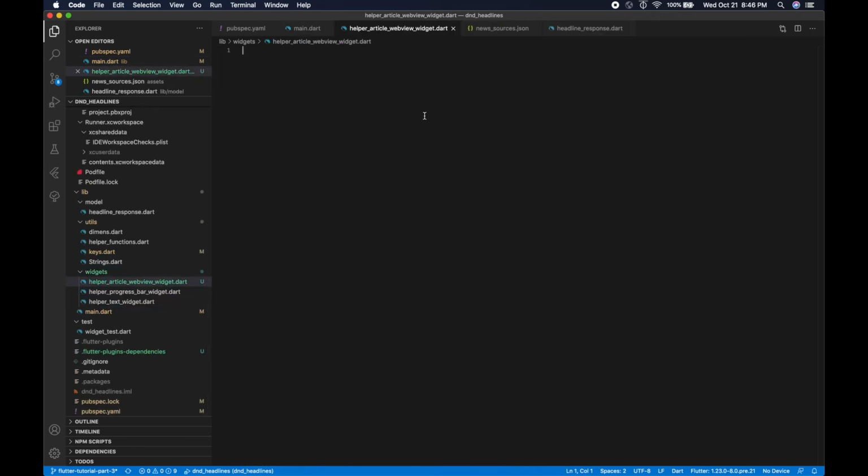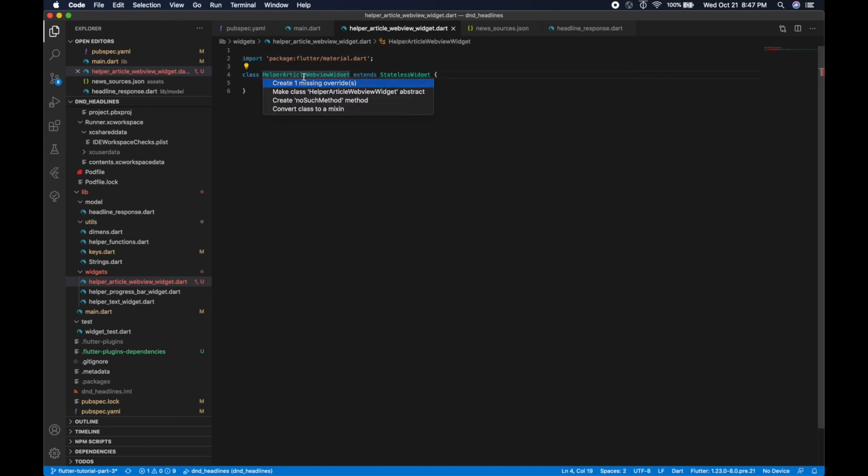Cool. So why don't we create it right here? So call it that, extend stateless widget. All right. Create the build for the stateless widget. All right, cool. So for the web view, we want to basically have the article URL, right, to obviously load